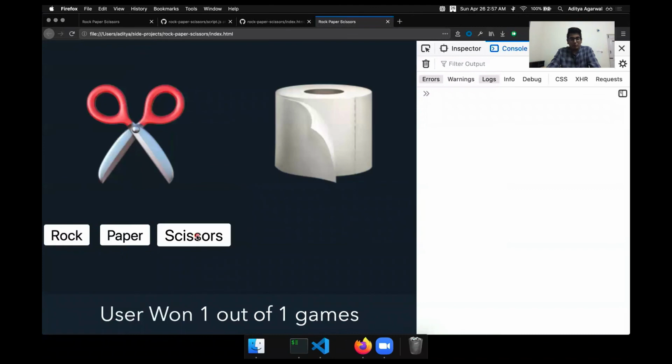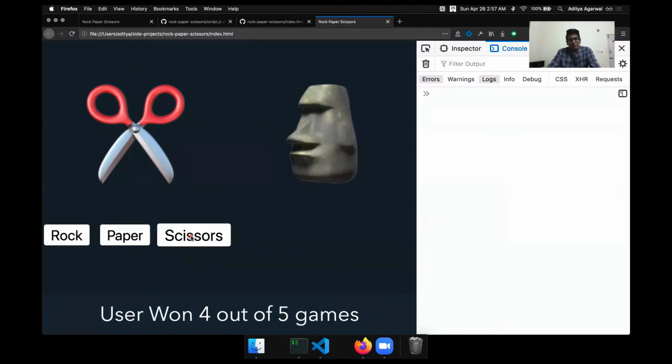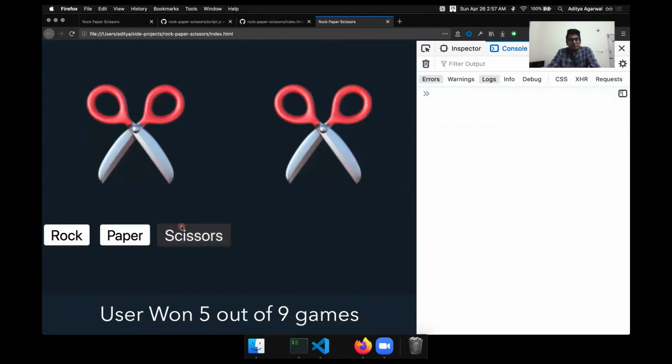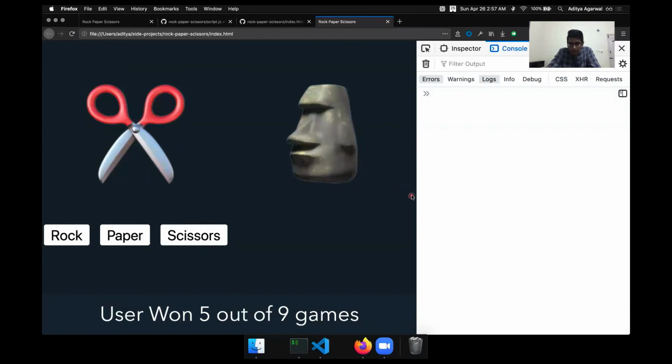And now, moment of truth. I picked scissors. Apparently the computer chose paper, so nothing happened there, and we won because scissors beat paper. Again the same thing happened, and okay, that was just luck that I won 3 out of 3. Now when I picked scissors, the computer chose rock, and so I lost. I took paper, I won against rock. Paper loses against scissors, and yeah, I'm having too much fun with this game now.